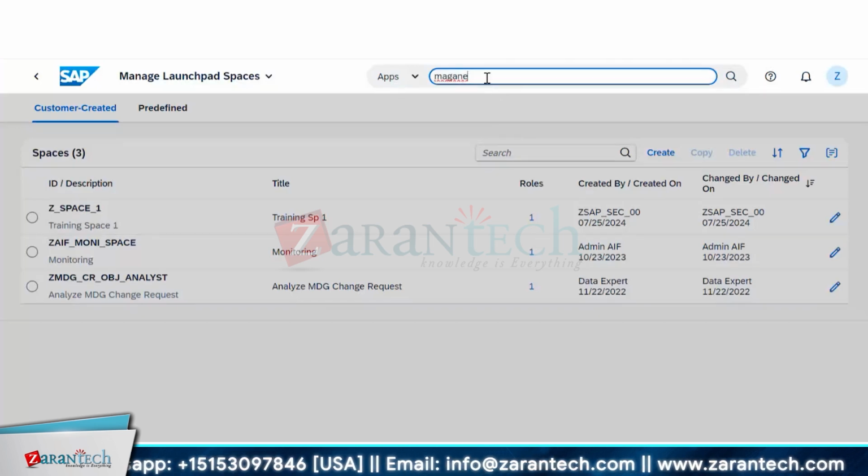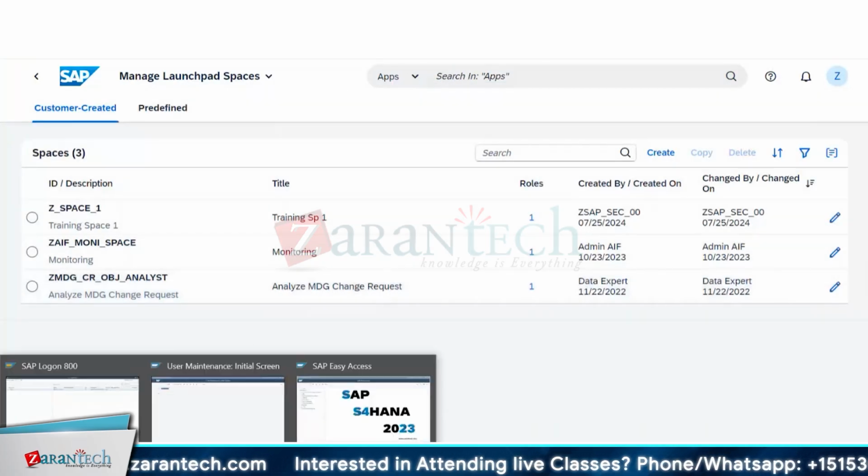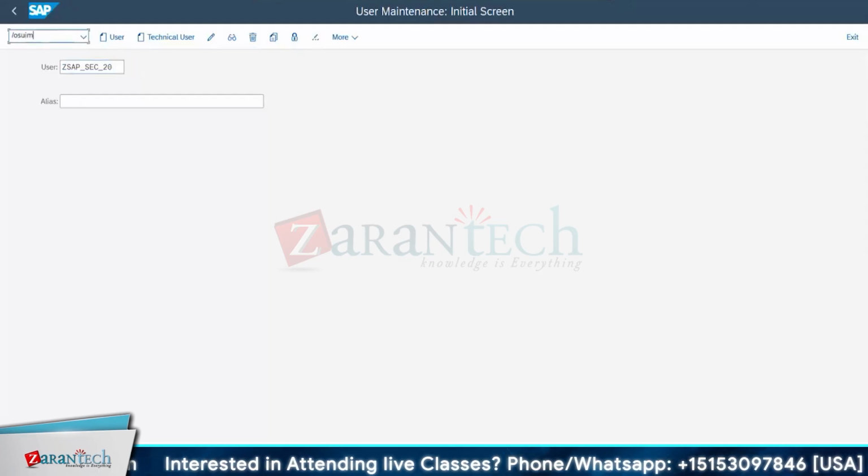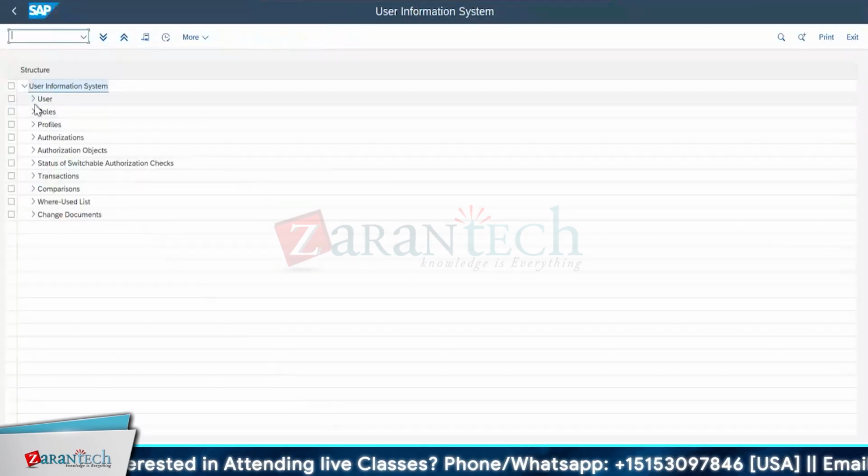And again, if you are still not able to see it, the only thing is to check your roles, and whether you have the corresponding catalog which you would have created. That's why I say it's good to always maintain an offline Excel first and then go to SAP, because as your client increases his requirements for getting more and more apps, if you just try to go and do it in the system, then you will end up in such kind of